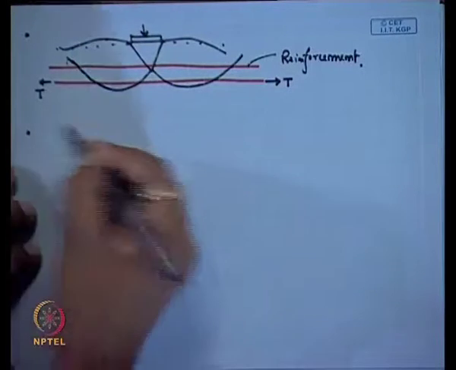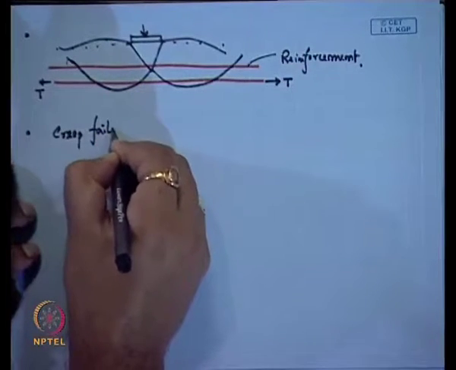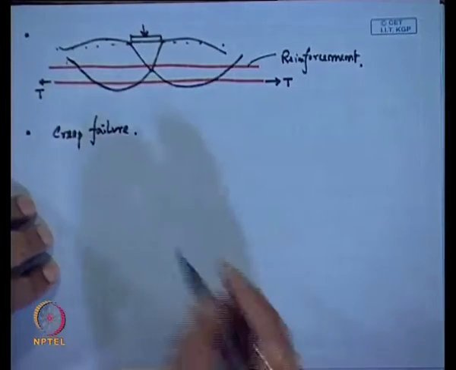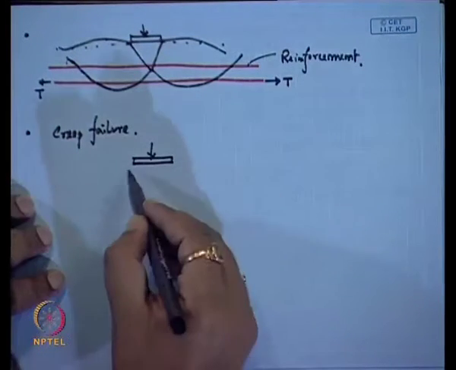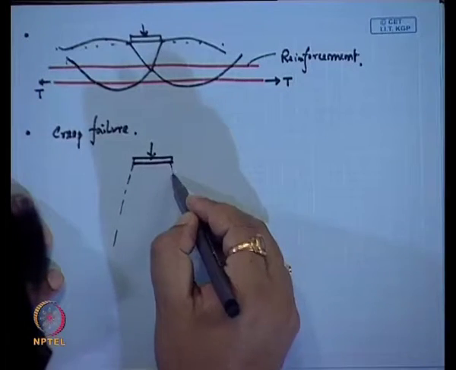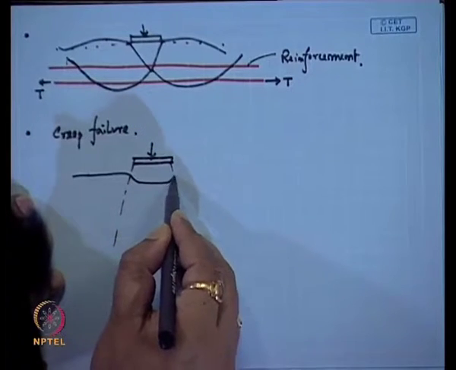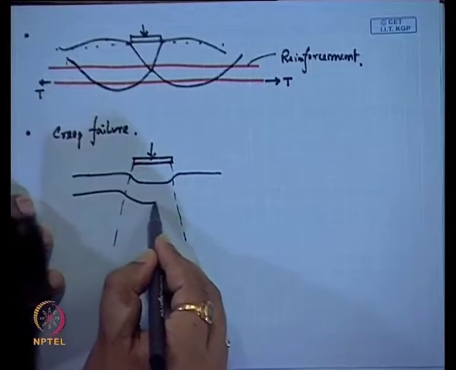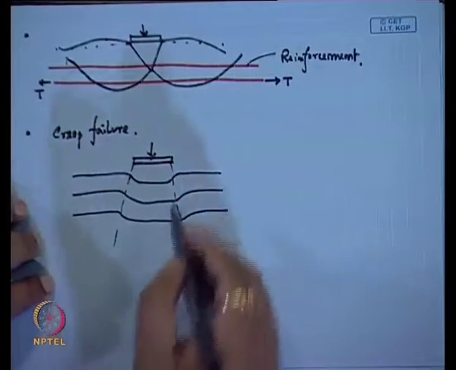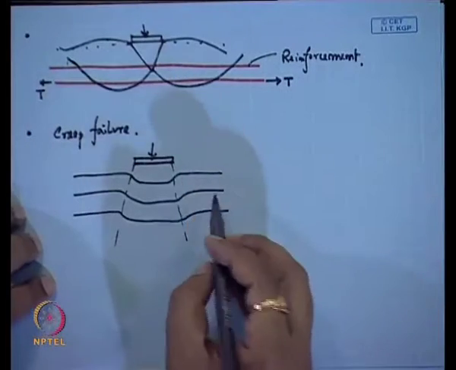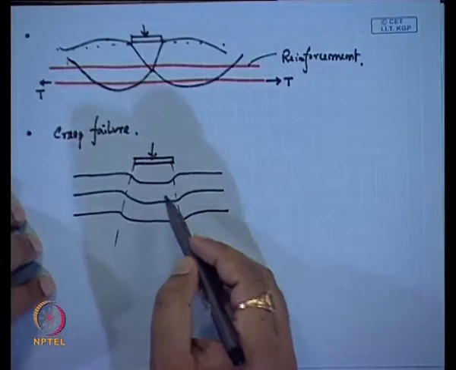Next one is the creep failure, or long term failure. Suppose there is a geosynthetic reinforced earth, and this is the geosynthetic that we have placed here. After a very long term, what will happen? Creep will occur within the geosynthetic. Creep means the strain